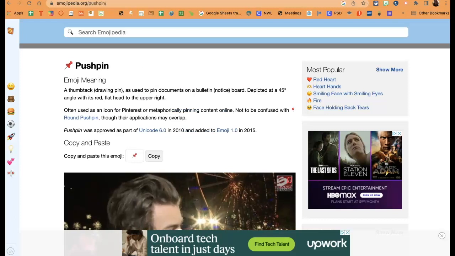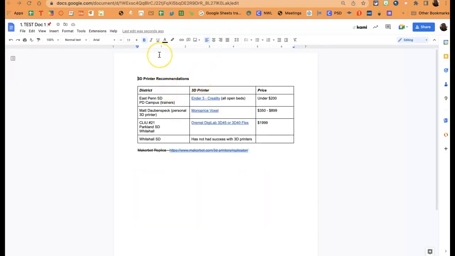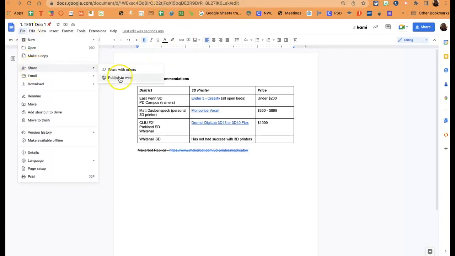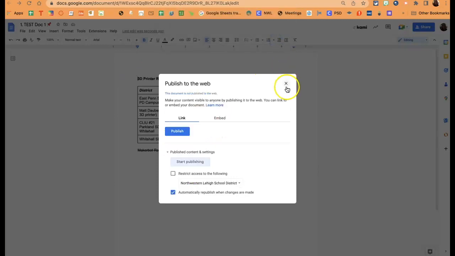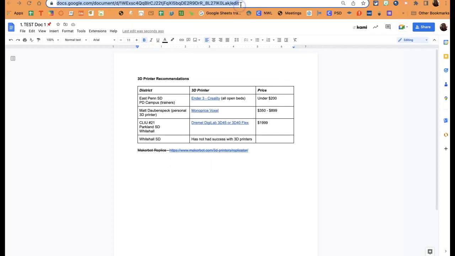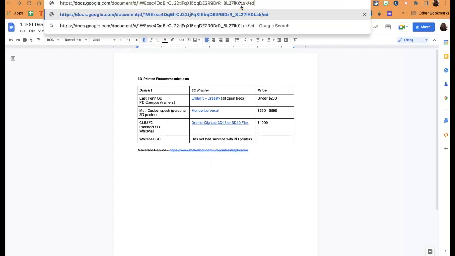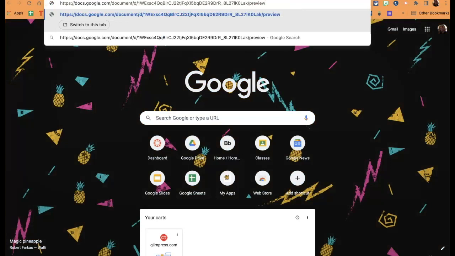Similarly, I'm going to close this. I'm going to come back to our document that we created. Similarly, if I don't publish to the web, so I'll stop publishing, I can also just simply change the ending. I'm going to take away the word edit in my URL up here, and I'm going to replace it with the word preview. If I send this link, it's got my document plus the word preview. If I send this out,